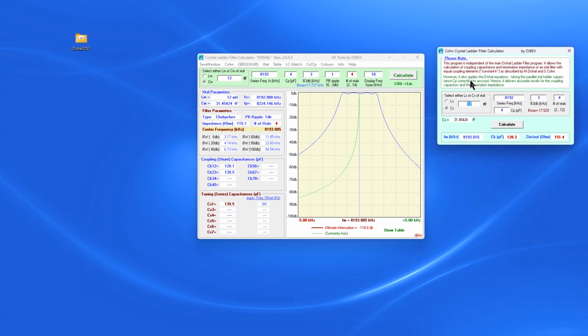Okay, what was our motional capacitance? It was 17.581. What was our series frequency? It was 11,055.079. How wide a filter do we want? Well, I'm building a 2.7 kilohertz. How many crystals? We're going to use 6. What was my holder capacitance? It was 4.3. And now if I hit calculate,